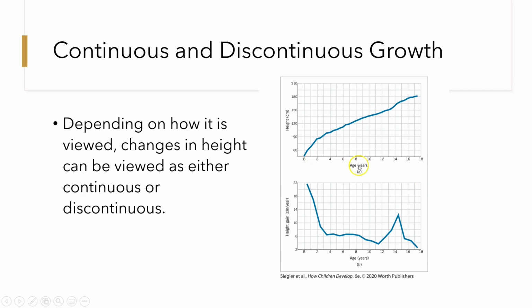So this is just physical growth. Here's age and height, and depending on how you look at height, changes whether you think this growth is continuous or discontinuous. If you're just looking at increase in height, this is in centimeters, over age, it looks pretty continuous, right? We just sort of grow little by little and get taller and taller until we reach our adult height. But if you look at height gain in centimeters a year, this looks more discontinuous, like we're in different stages,